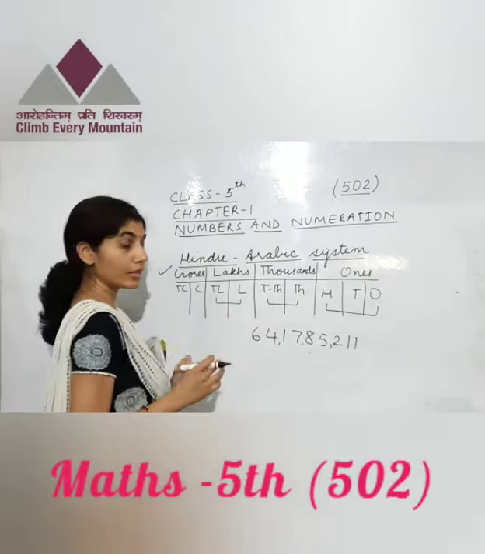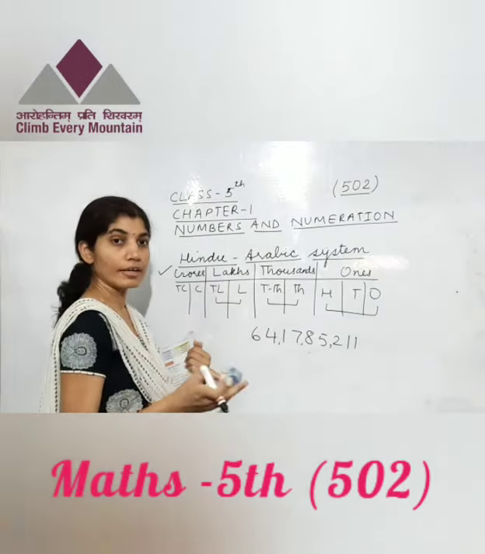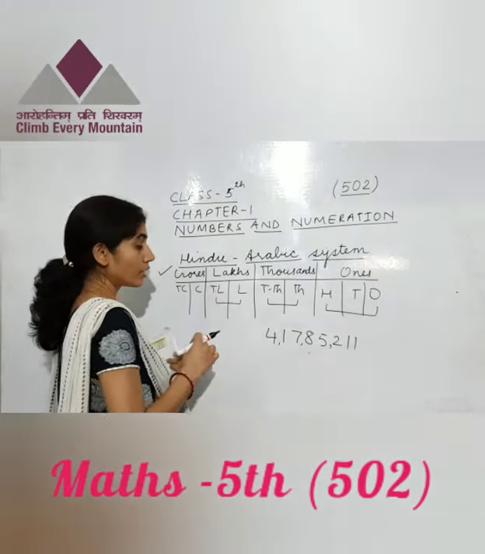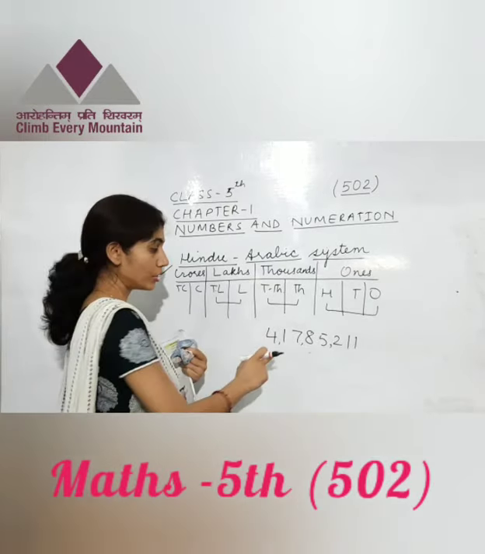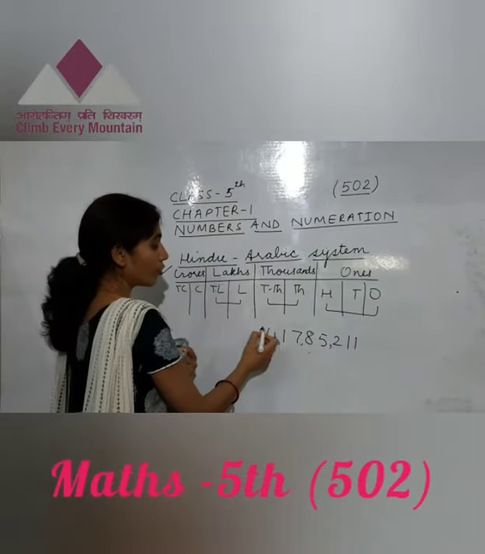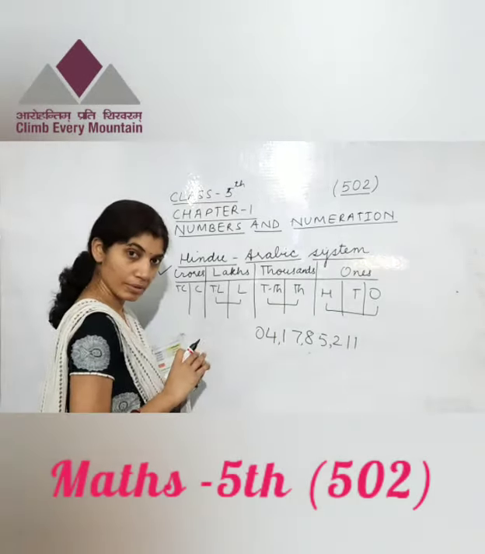Sometimes it may happen that in the period with which we are starting, it can be only 1 digit. So there is no problem. Okay? The period from which we are starting can have 1 digit also, but here the digits should be according to the chart, because if only 4 is there, we can write 04 and 04 and 4 are the same.